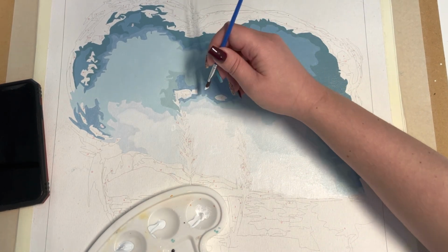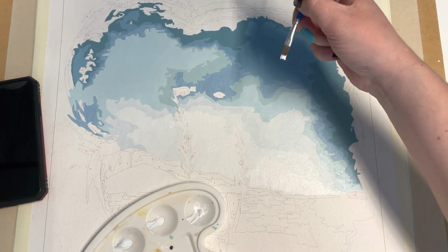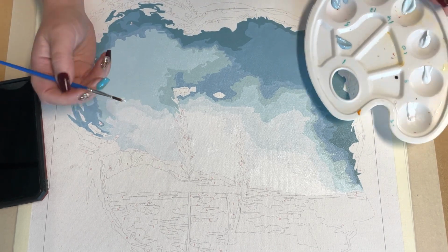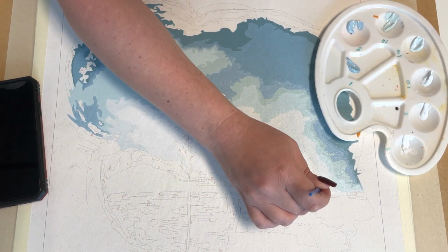Now, normally I'd actually sit on the opposite side and kind of work back towards myself, and do you know what? I might actually do that. I'm going to go sit down the other side because it'll make it easier for you guys to see what I'm doing, because my hand won't be slap bang in the middle. Well, it might still be in the middle of it, but